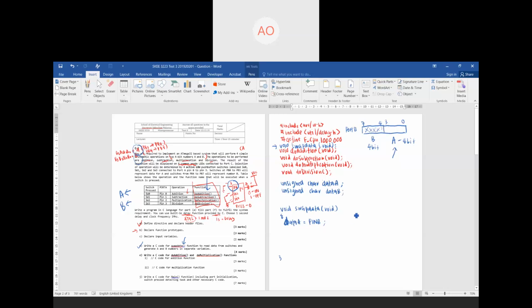For example, let's say this is the value coming from your port B: 1011 and 0010. If you write something like this, what happens is data A